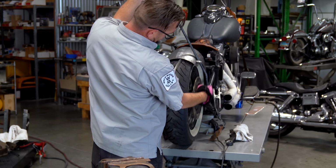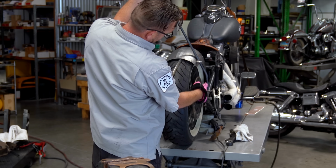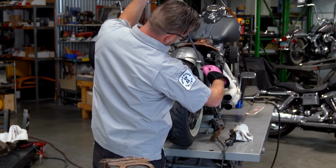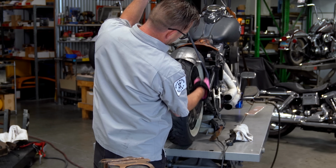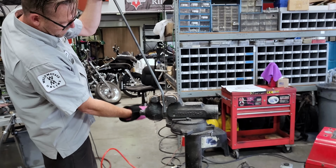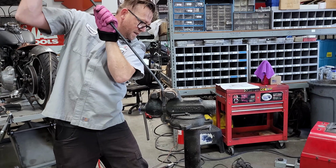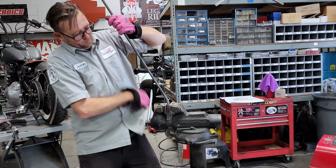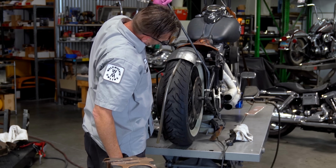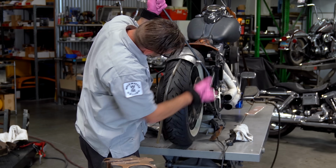Okay, so here it's perfectly perpendicular. We don't really want that. So what we want to do is get it just a little bit more bend so that way it kicks out a little bit. And again, just like last time, when we bend it back the other way, that will straighten this out. And I'm pretty sure that it's still hot enough to where I can just give it a little kick because it doesn't need a whole lot. Beauty. So when we bend it back now,